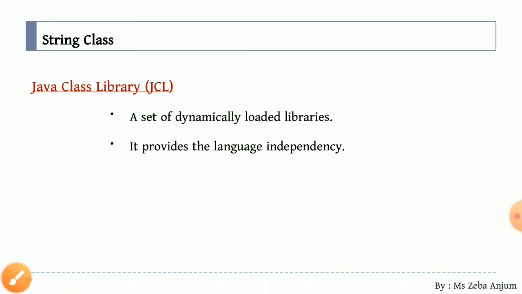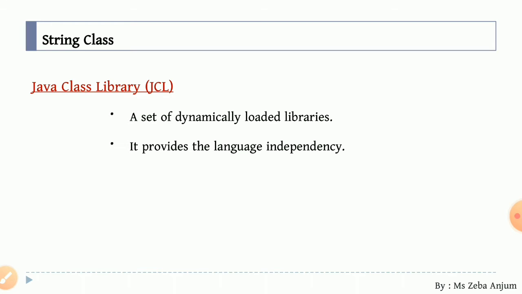Now, why are we talking about Java class libraries? See over here, we are talking about the string class, and string is a very common thing. I hope I told you about it and you remembered that whatever we take as an input from the user from the console, we get it in the form of a string. Yes, you always get a string as input, and if we are getting a string as an input, then it is a very common thing and we have certain libraries that are going to handle your string functions.